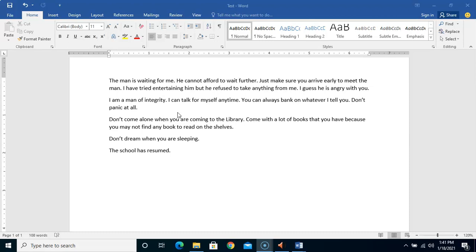Somebody is going to ask, what is font? Font describes typeface of characters on screen and in print. Okay, so what font does is to give a typeface to the characters that you have on your Word document. So this particular text you're looking at now has a typeface. You understand? And the current font of the text on this document is Calibri. Look at it here. That's the name of the font